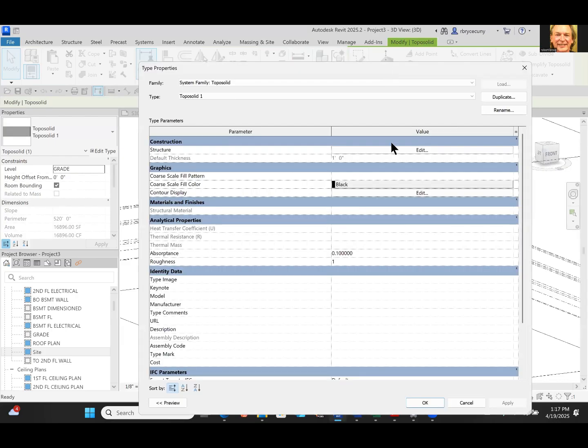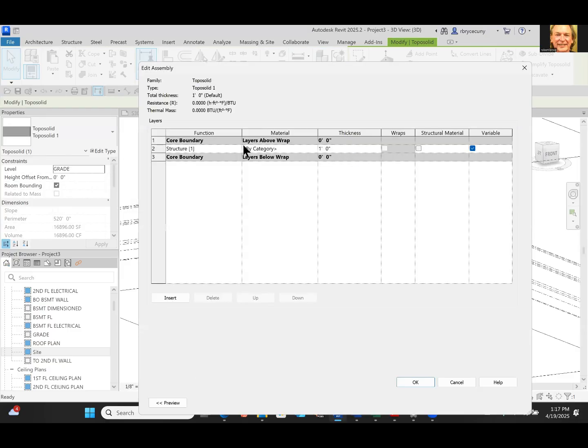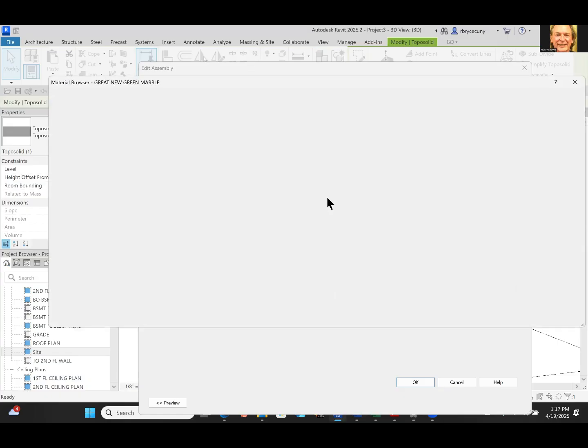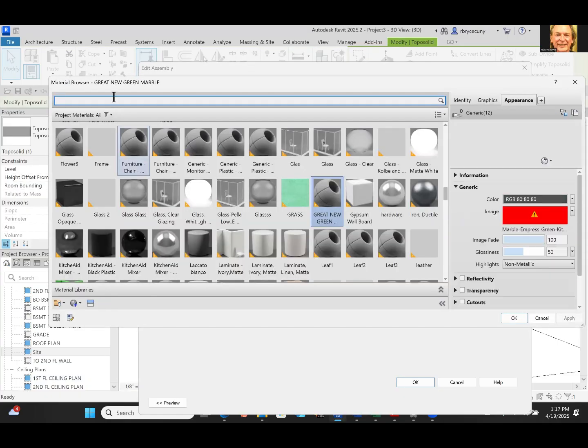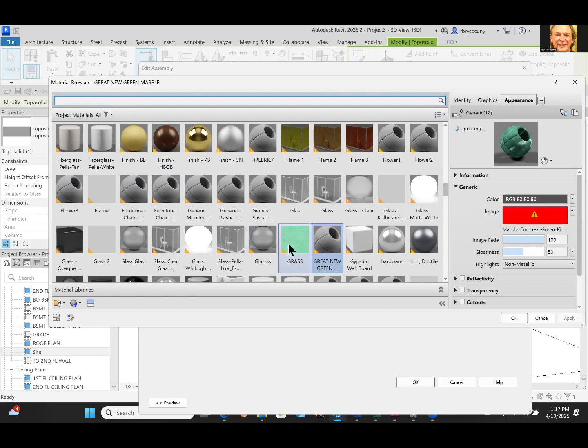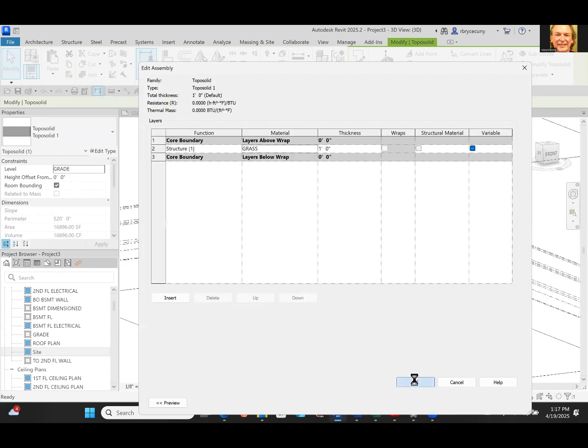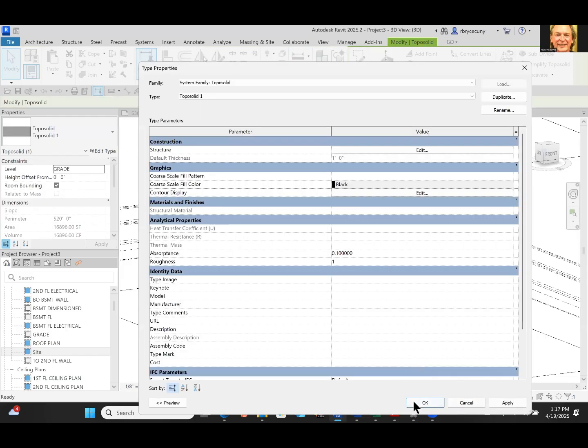Let's bring it over to the right screen. What's the material here? Let's take a look. Just like when you're building your walls, we can make the topo surface have an assembly, and we're just going to say, well, there it is right there, grass. Okay, that's good. We'll take grass. And we'll say, okay,